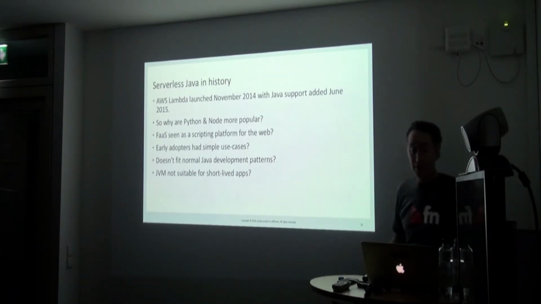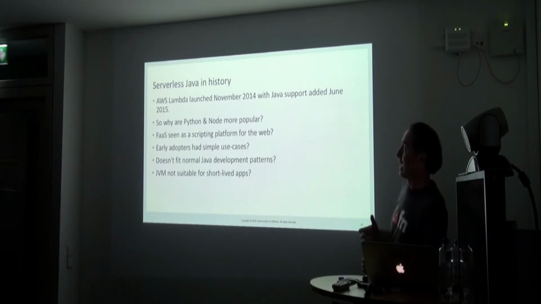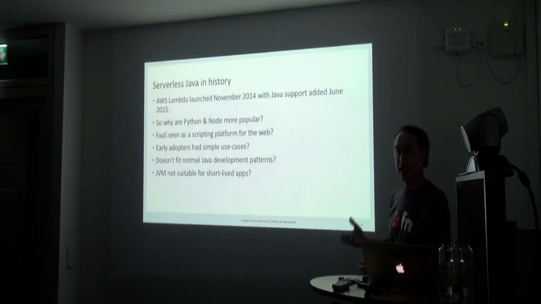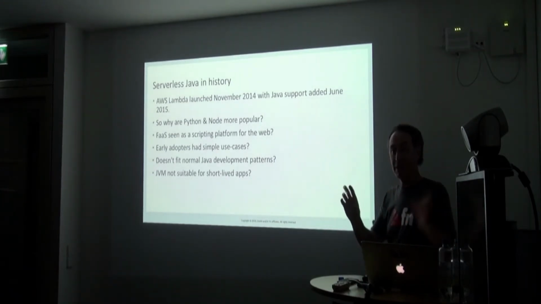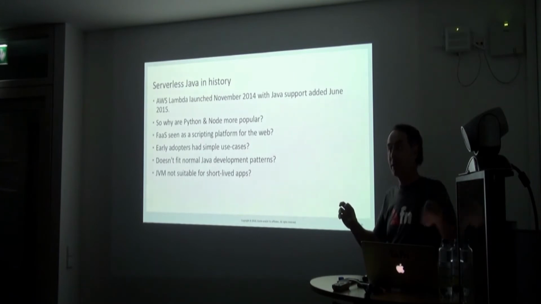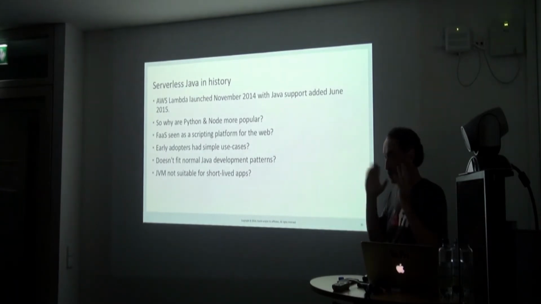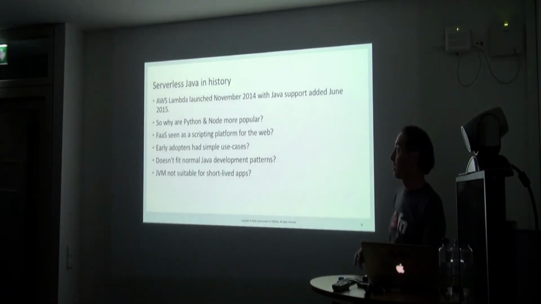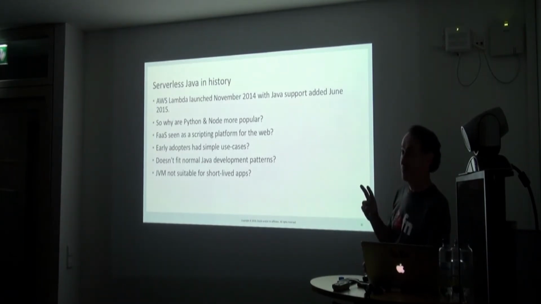Python and Node are really popular. And the question is, why is this the case? Is it because people are using functions as a kind of scripting for the cloud? It's a little place to put a bit of code. Something happens, like someone puts something in a storage bucket, and they run a little script. They're thinking scripty, and they think, oh, Node's good for that, or Python's good for a quick script. Not really industrial, commercial thinking, but more about a quick hack.